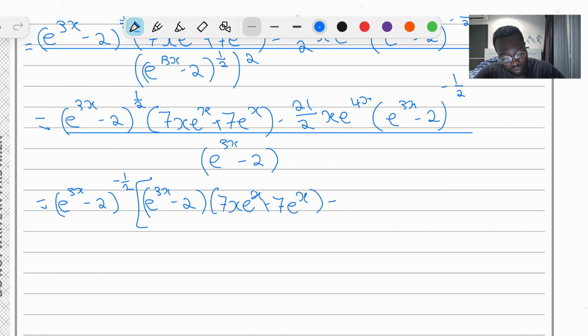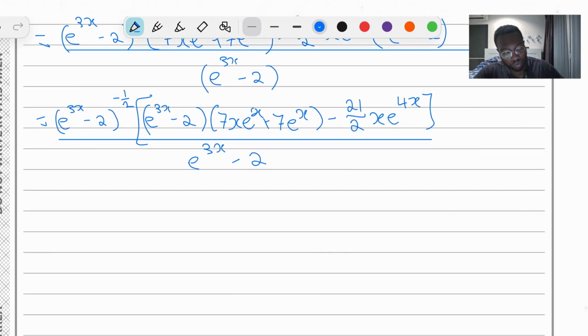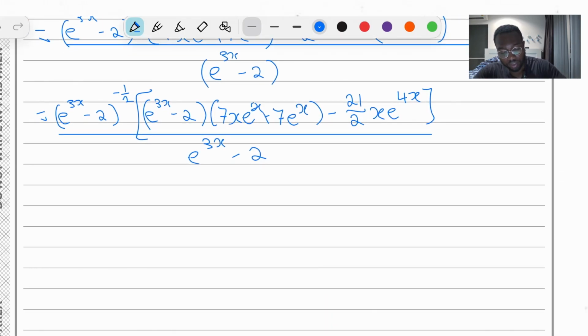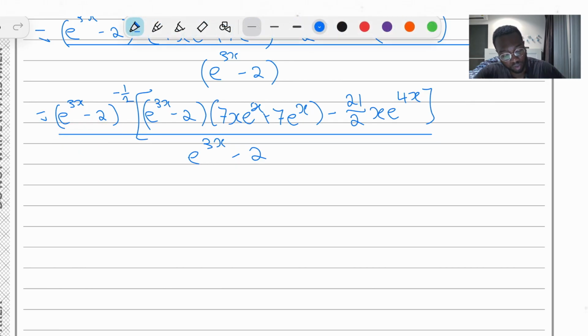And then for this one here, we would just have a 21 over 2x e to the 4x, okay? And that is all over e to the 3x minus 2. So now we can see we can bring the e to the 3x minus 2 to the power minus half down to the bottom now. If we do that, we get an e to the 3x minus 2,